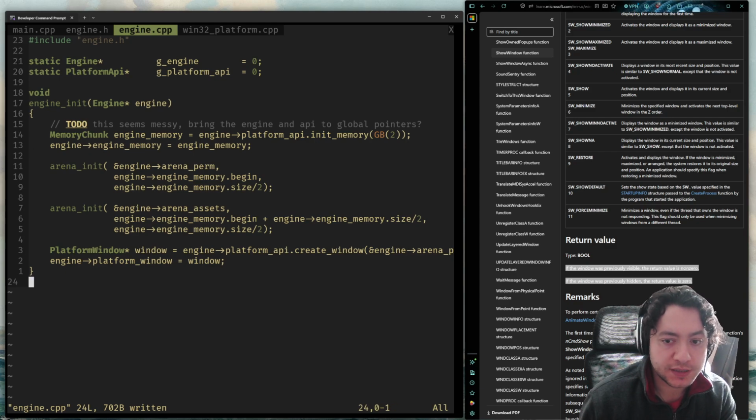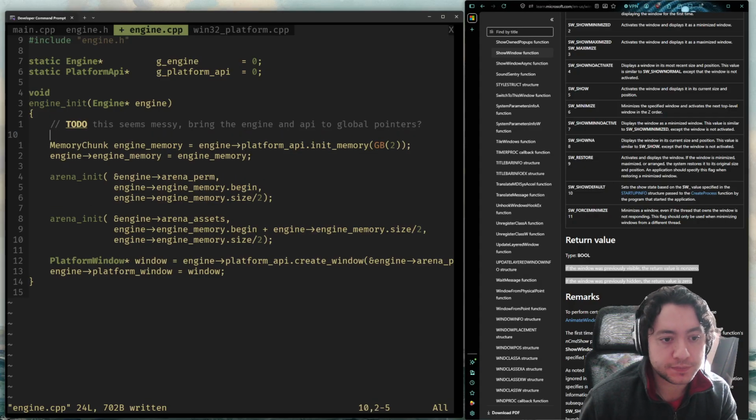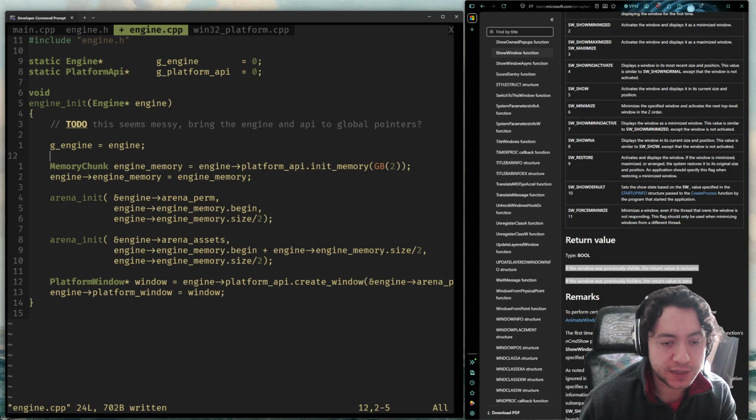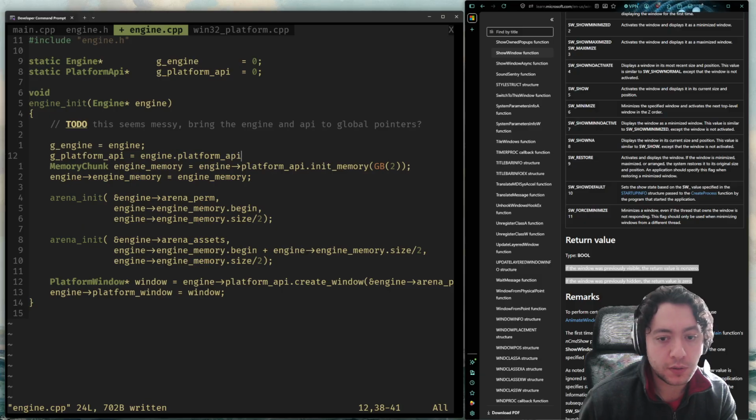But what we can do is, because the way it kind of gets messy when you have all these structs within structs, and they're pointers and contain pointers, and you have a lot of the dereferences and dots, and I don't really like the way that looks. So what I'm going to do is do something like this, where I say the G engine pointer, I now want that to point to this engine that I'm passing in, and the G platform API pointer, I want that to point to engine dot platform API struct,